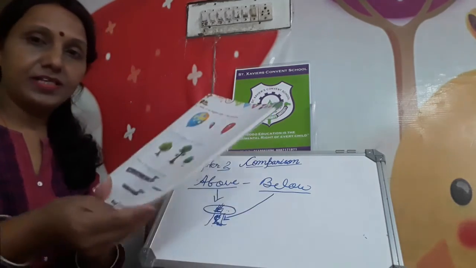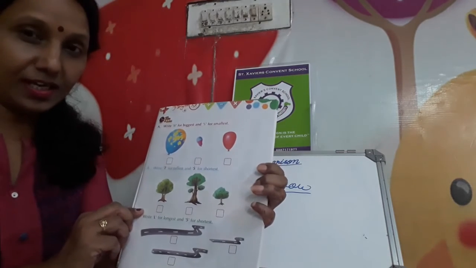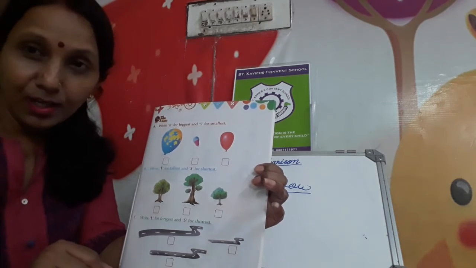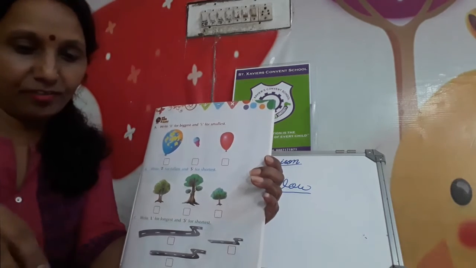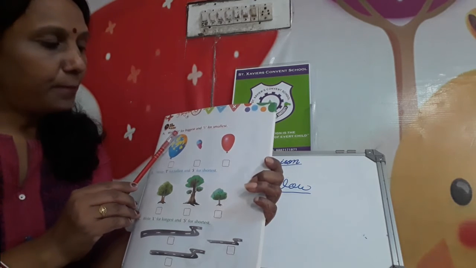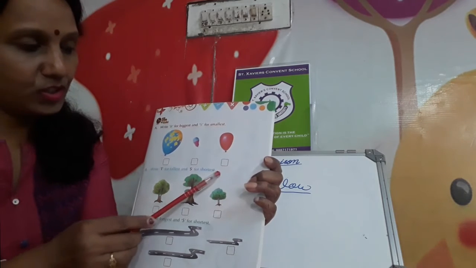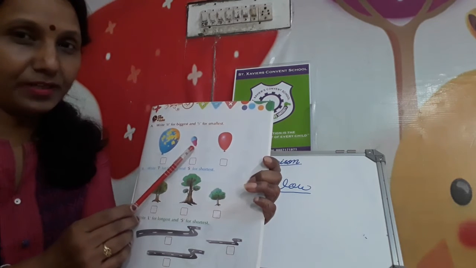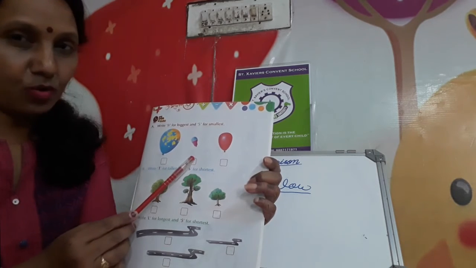Next, here you see page number 13. Here you have to fill in this exercise according to whatever I have taught in this chapter, comparison. So keep it in your mind, use your brain and fill this in yourself. Alright, first picture you can see here. B for the biggest one, S for the smallest one. Here see the picture, this blue one is the biggest, and the middle one is the smallest. You write B here for biggest and S for smallest.